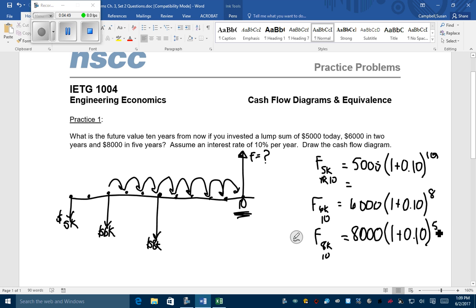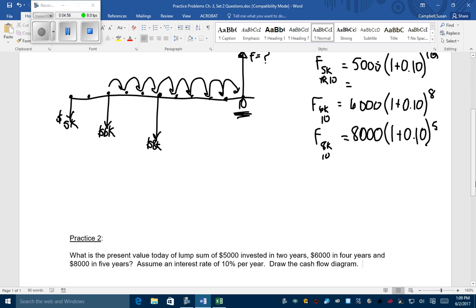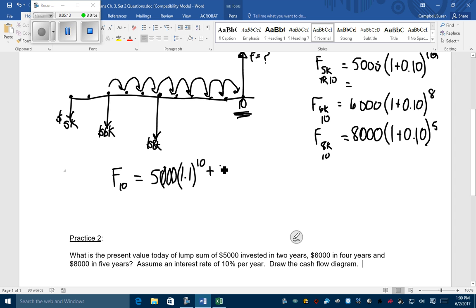So I could write these all out separately, but what you'll get used to doing is you'll begin to say, okay, well, because we're talking about converting these all to the same time frame, the future value in year 10 of this whole series is equivalent to 5,000 multiplied by 1.1 to the 10 plus 6,000 multiplied by 1.1 to the 8